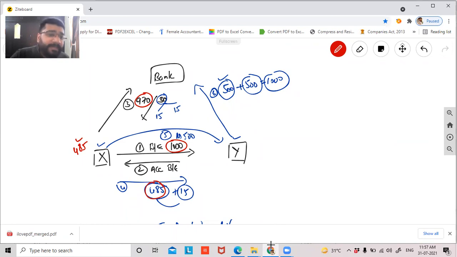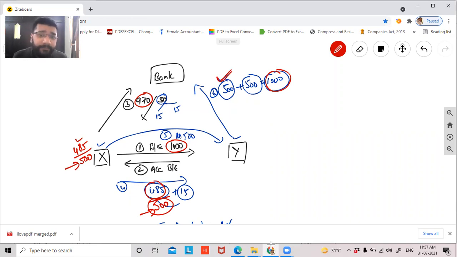Yes, sir. So if I say 485, technically 485 means 500 rupees he is enjoying, and here 500 rupees Y is enjoying. Correct? Because I'm telling you this is including the discounting charges. 500 includes the discounting charges of 15 each. Now what is happening is that on the maturity date, Y has to pay how much to the bank? 1000 rupees. Correct. In that 1000 rupees, can I say 500 rupees Y has already received from X and he's enjoying that? So he'll be the person who will be settling this 500 rupees to the bank on the due date.